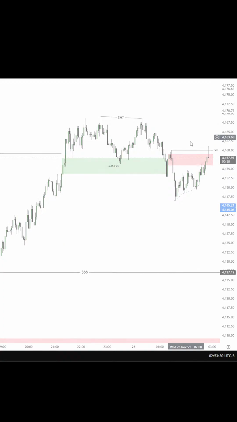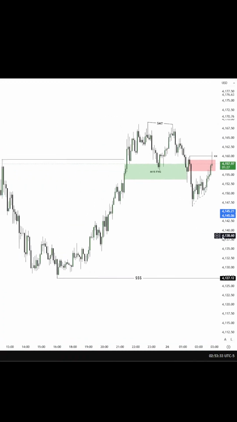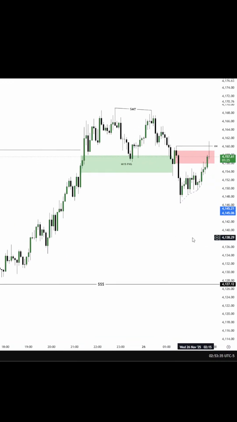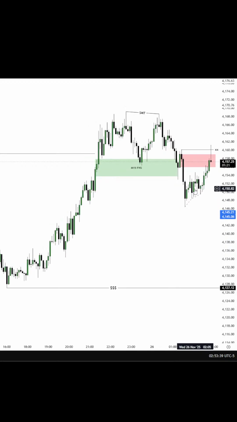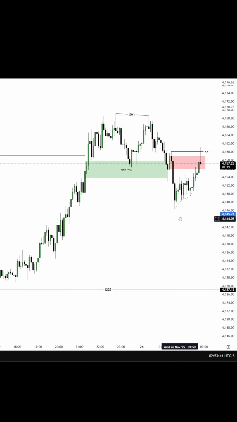And in 5-minute, our structure shift is like below this order block. But let's see, we can get some other confirmations too. So why not just wait for it and